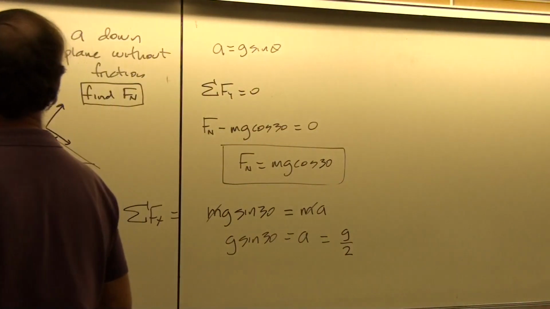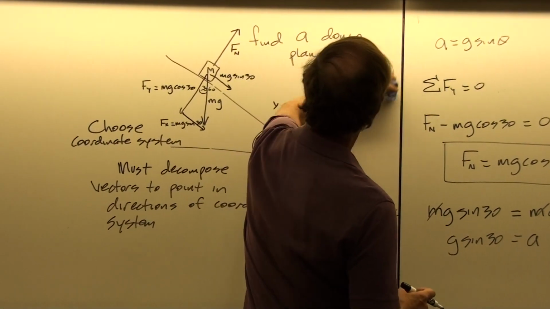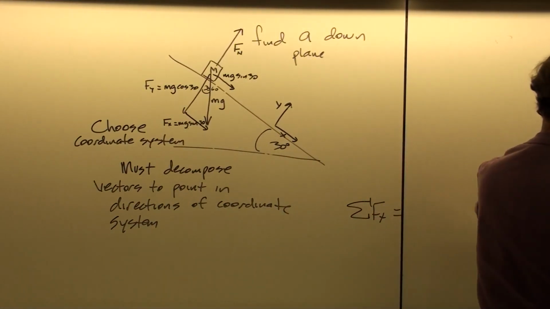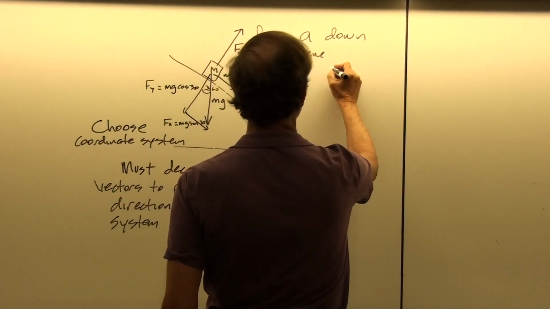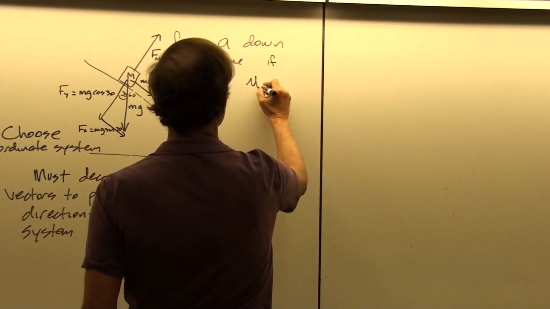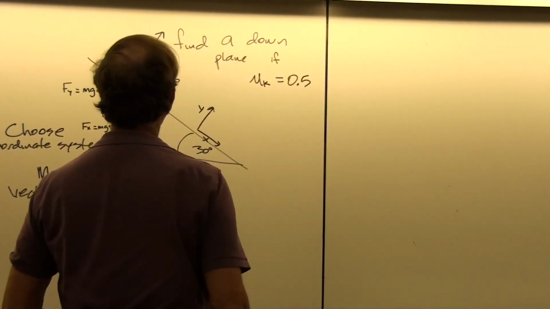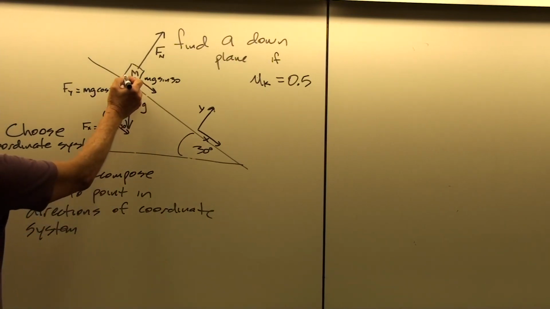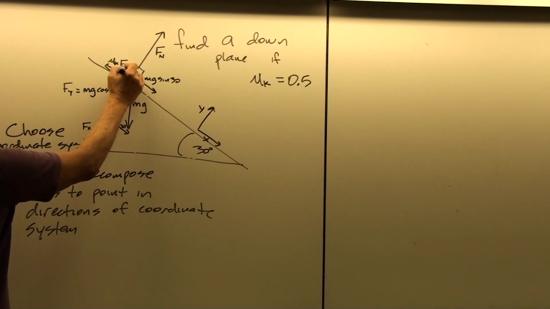So once we have that established, now we can add friction. I'm going to ask then to find the acceleration on the plane if the coefficient of kinetic friction is equal to 0.5, which has been the number that I've been using in some of these problems previously. What I'm going to need to do to my free body diagram is add one more force to it now. That's this force here, which is mu k times the normal force.